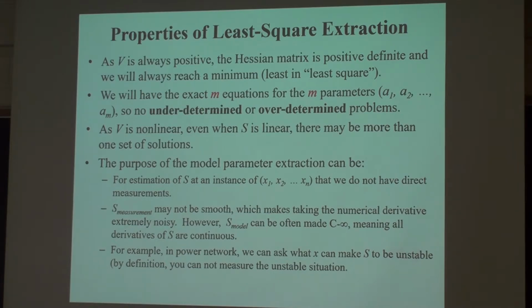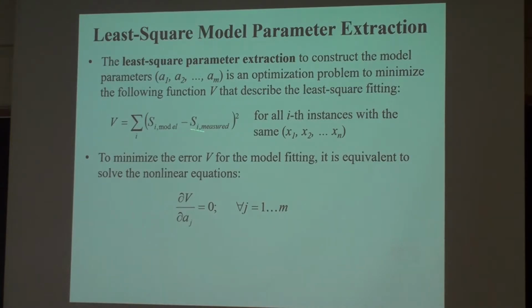How you write down that S is still of great knowledge, but mathematically it's simple. How the physicist or the social scientist writes down the best model, that's different, for sure. It takes years of perfection. And our dream is that the machine or the computer can gradually even know how to write this model, then I can get rid of the human. But if not, at least if the S model is given by a person, this becomes a mathematical problem. Simple. It's just least square. I'm doing an optimization.